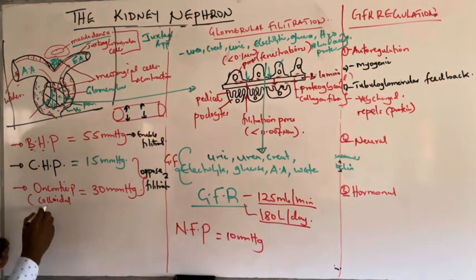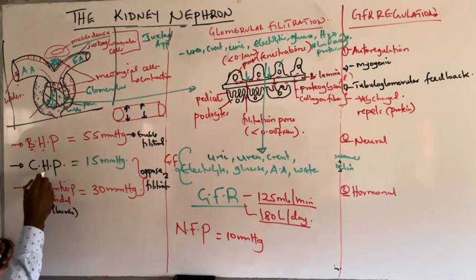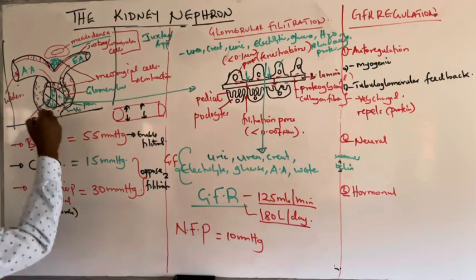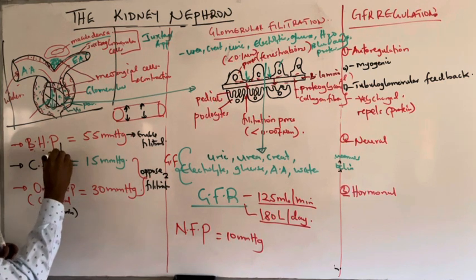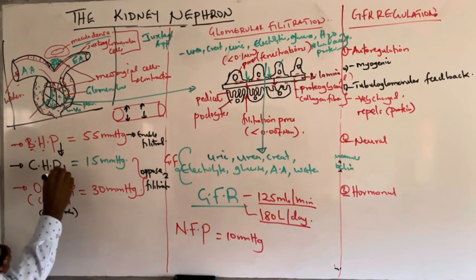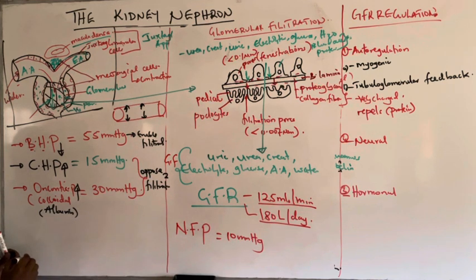So this is created by albumin in the corpuscular space. This one is created by the fluid within the corpuscular space. All of them are opposing. This one is enabling filtration. This one is opposing. This one is opposing. So to get the